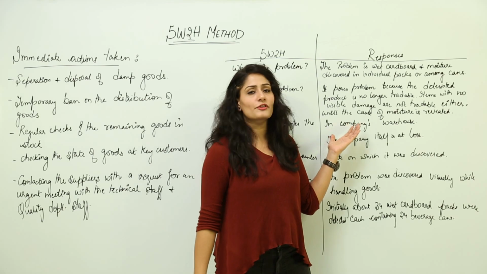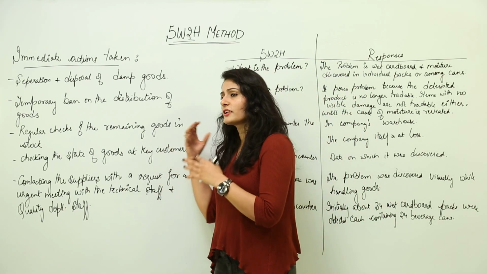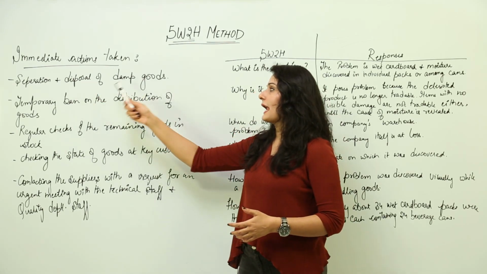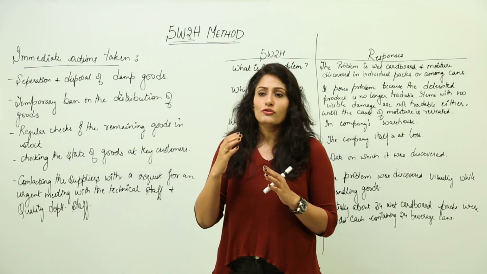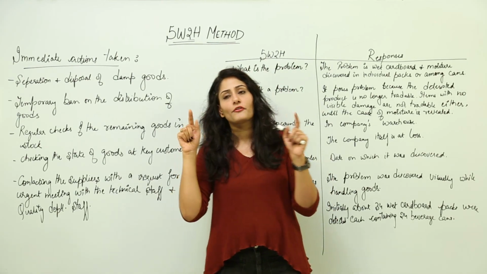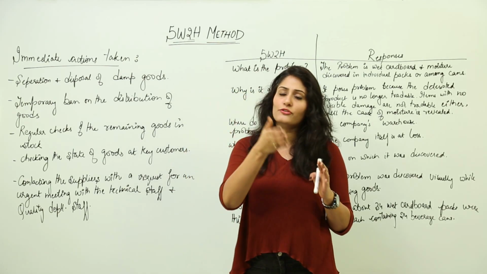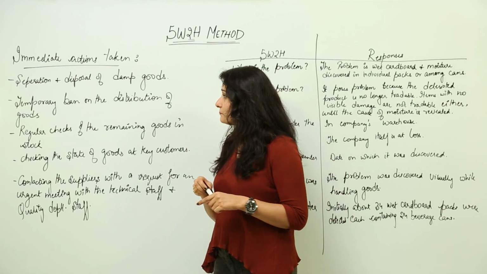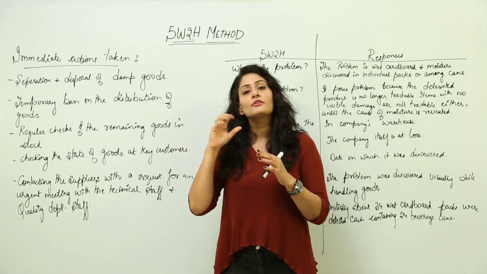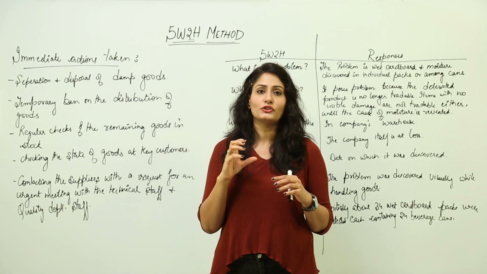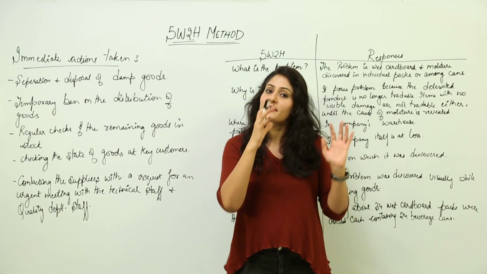So on the basis of this 5W2H method they took certain actions, and the immediate actions the team took were separation and disposal of damp goods. Now this was very essential, because if there is any kind of reaction going on in the atmosphere of the warehouse or something like that, they need to separate the defective goods from the good ones. And then a temporary ban on the distribution of goods. Now this step was very, very essential because if the product is with the organization, yes there would be losses.